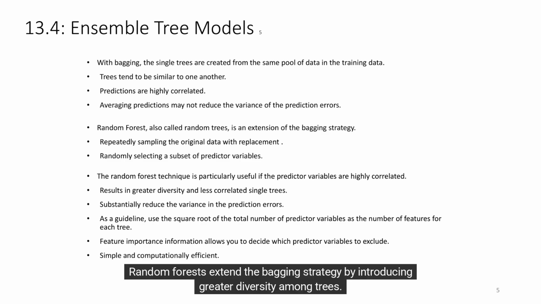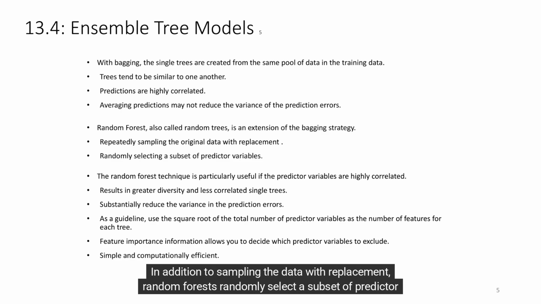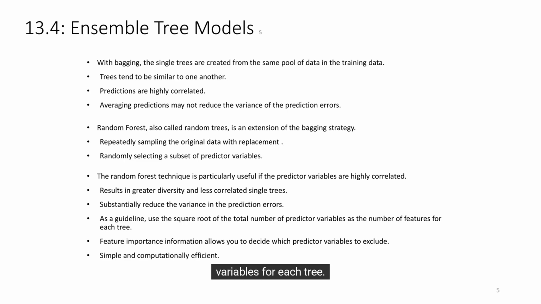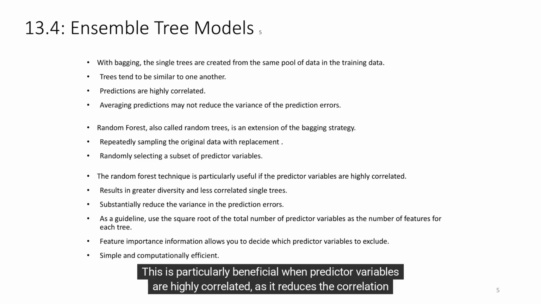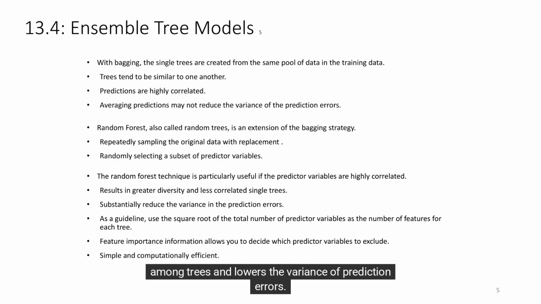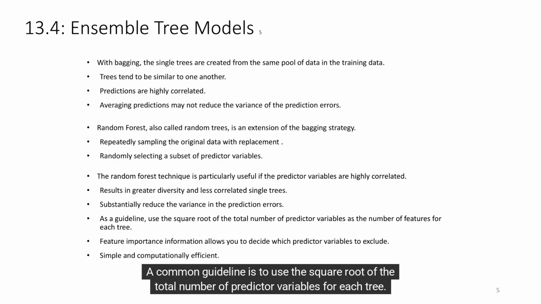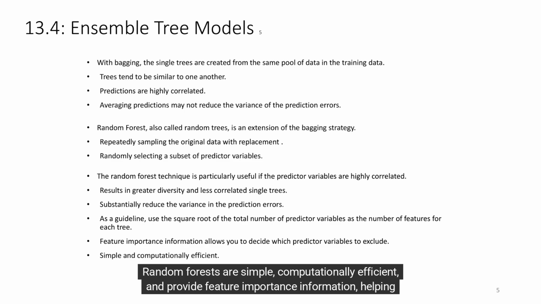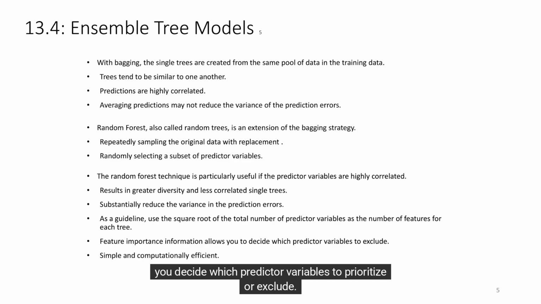Random forests extend the bagging strategy by introducing greater diversity among trees. In addition to sampling the data with replacement, random forests randomly select a subset of predictor variables for each tree. This is particularly beneficial when predictor variables are highly correlated, as it reduces the correlation among trees and lowers the variance of prediction errors. A common guideline is to use the square root of the total number of predictor variables for each tree. Random forests are simple, computationally efficient, and provide feature importance information, helping you decide which predictor variables